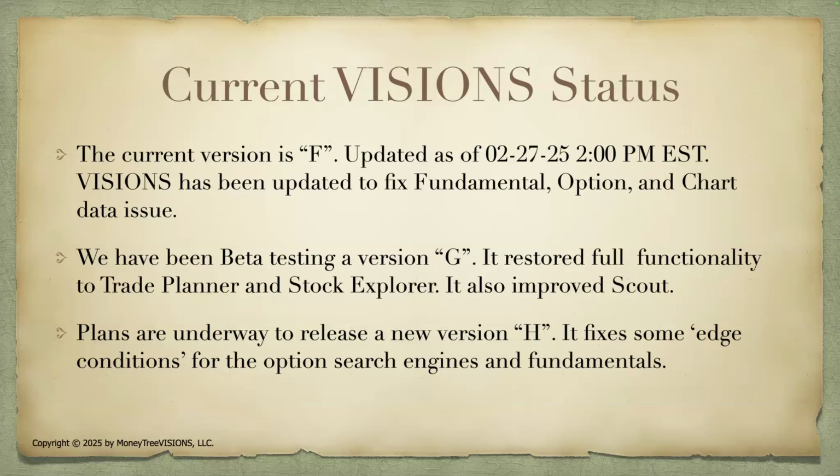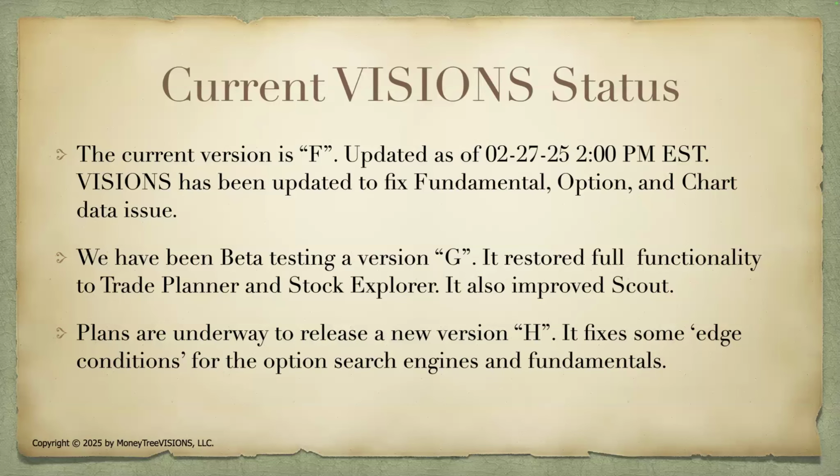And so H will be basically a cleanup of all the little things we found since we had to move to new data sites. That's been the big issue, finding those sites that have the right data, and that the format is not changing continuously.